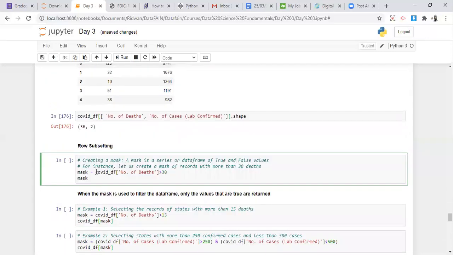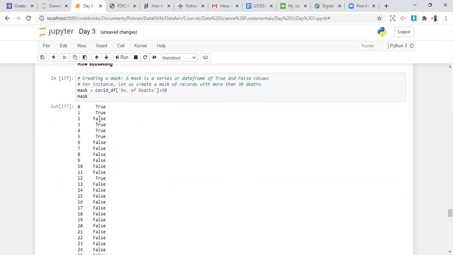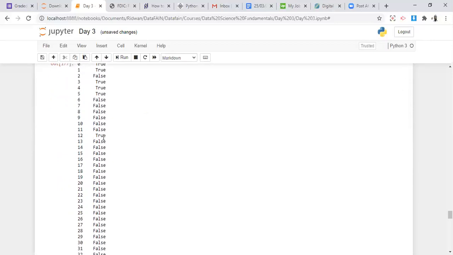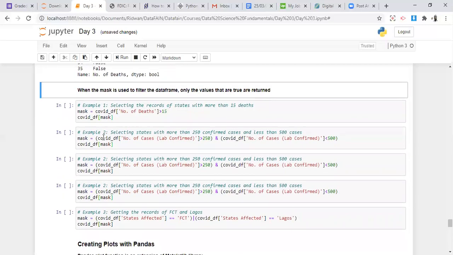So we'll create the mask and say, okay, give us COVID-DF, give us the number of deaths column where the number of deaths is more than 30. So I'm going to print it out and we'll see a series of true and false values. This mask is what we're going to use to subset